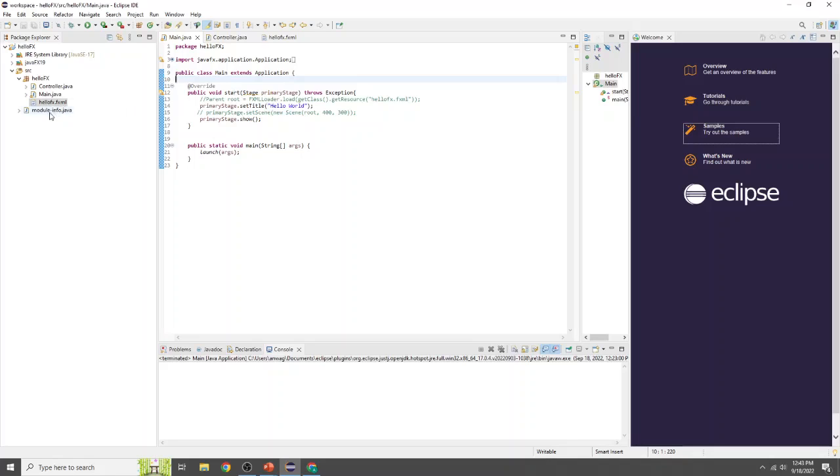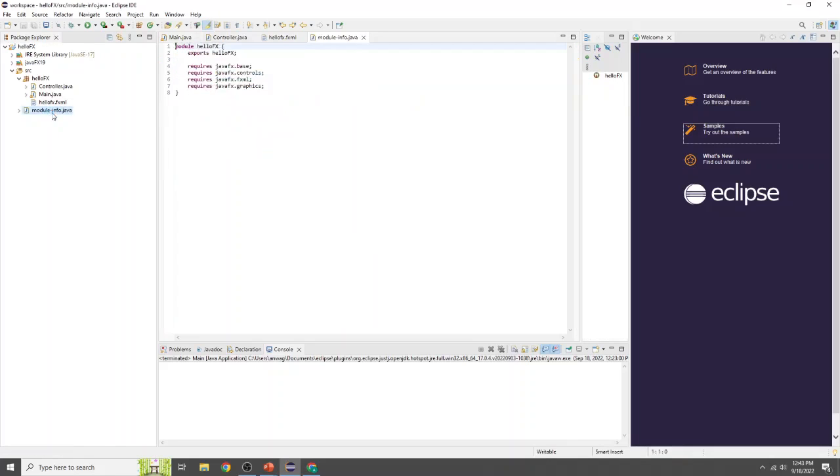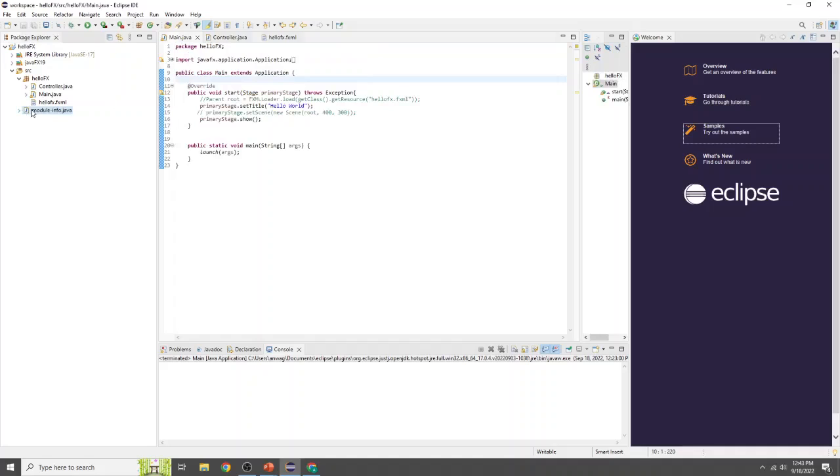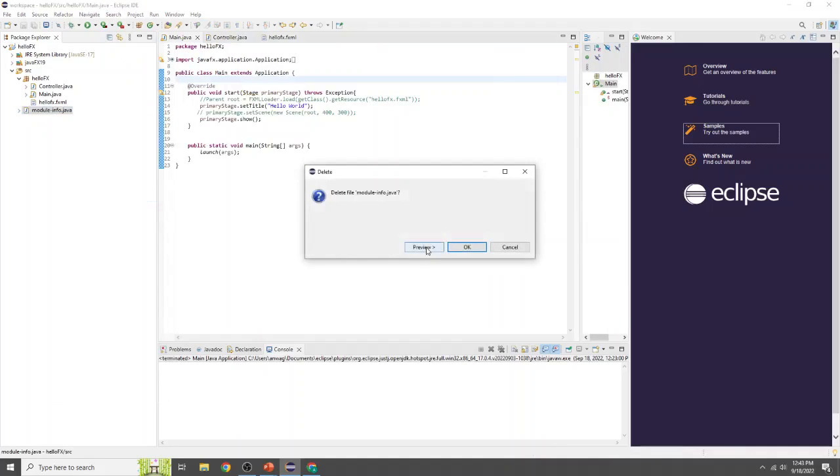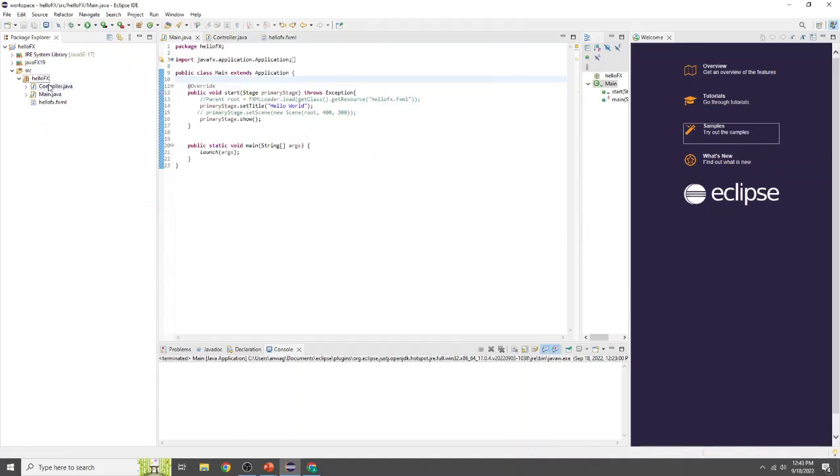So you can see I also have this module-info.java file. And so this may or may not be included already in your Eclipse project. If not, I can just delete it to show you what will happen. Nothing will happen immediately, but if you try to run it, you'll see we can't find JavaFX. So what you want to do, if that's the case, is right click, go down to configure, and do create module-info.java, click create,